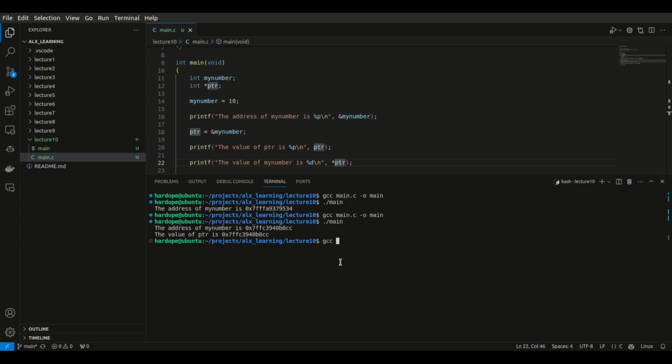So let's go ahead and compile our code and see what happens in this case. Let's say gcc main.c -o main. We have no errors, so now let's run ./main. Now you can see we have the value of my number is 10, even though we actually passed the pointer instead of the number. So this star dereferences